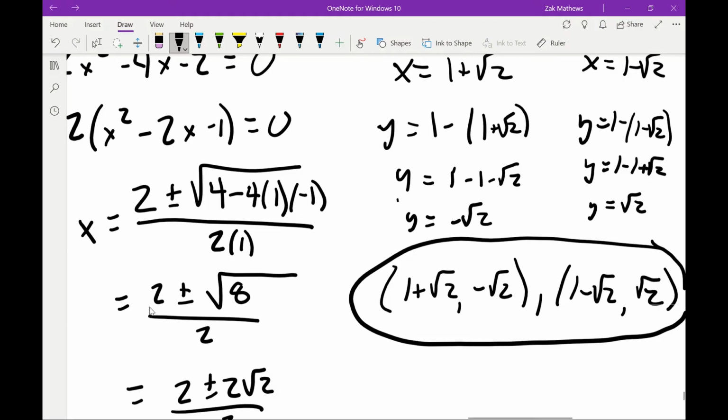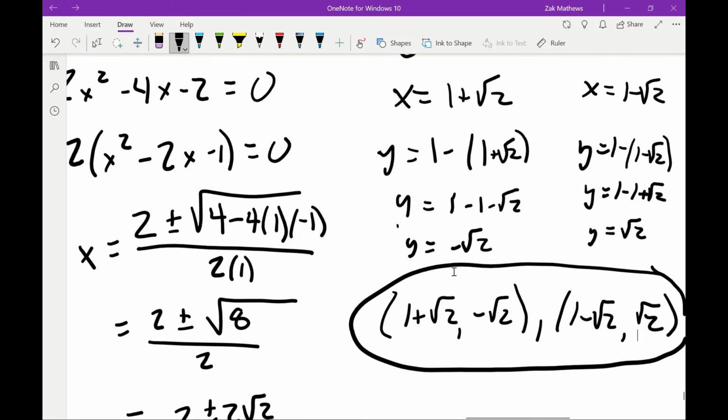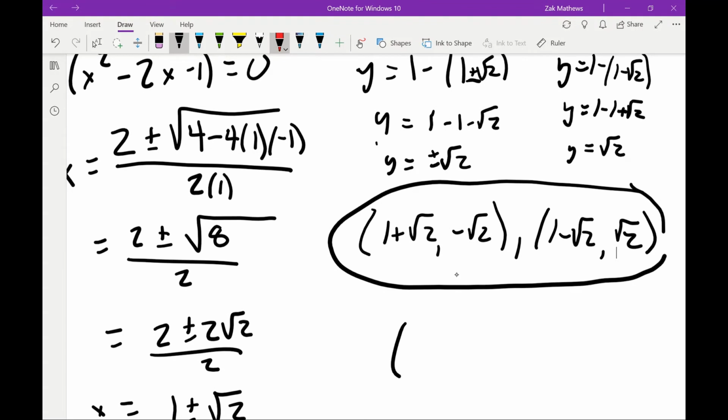Don't leave the plus and minus when you go to plug in, because a lot of times I'll see students just write a plus minus on the x, and what that means is you'll get a plus minus on the root 2. If I say my solution set is 1 plus minus root 2, and then plus minus root 2, if I leave that plus minus on there,